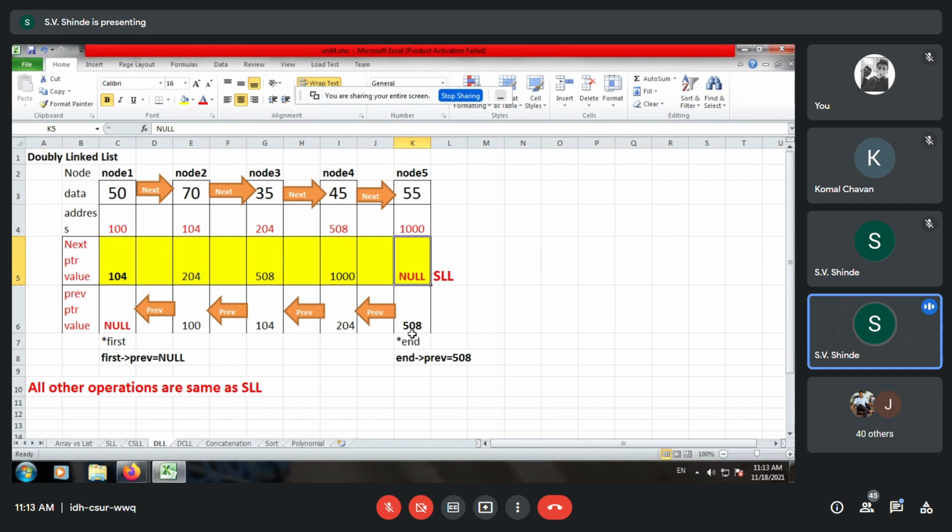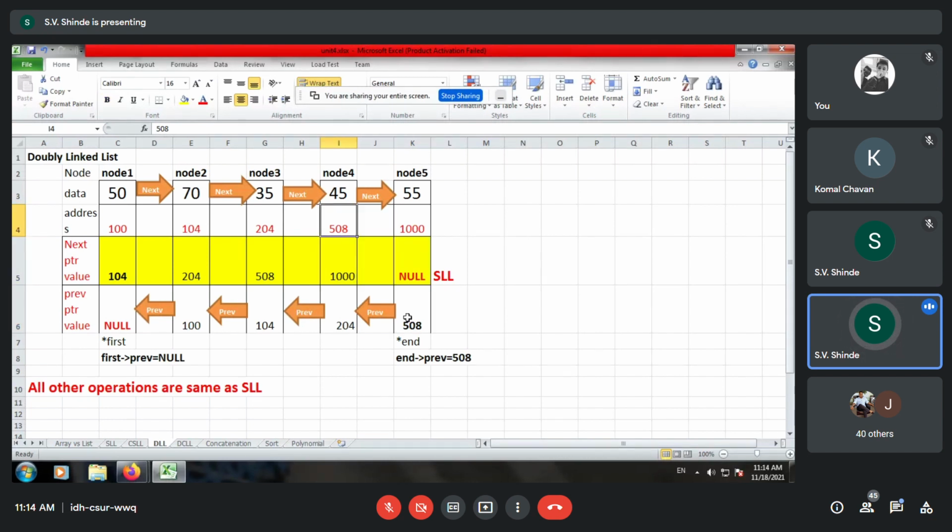Now, if you want to do a reverse operation, then there is a previous pointer. See how the previous pointer is updated. We know these addresses are for that. So we start from the end node. The end node's previous pointer is 508 and therefore we update 508 over here.